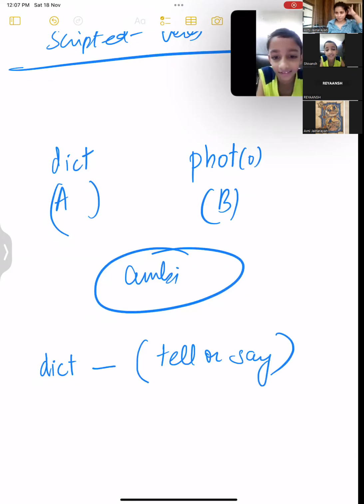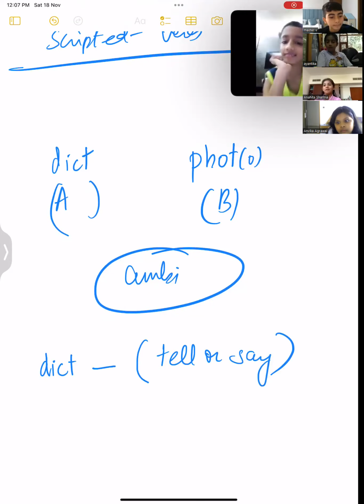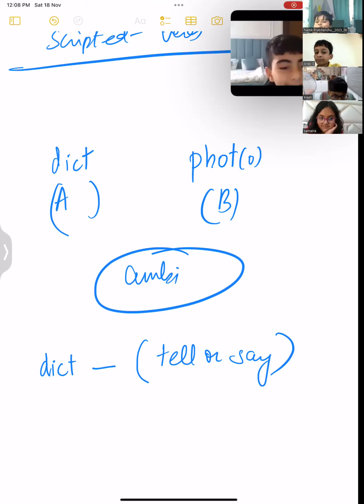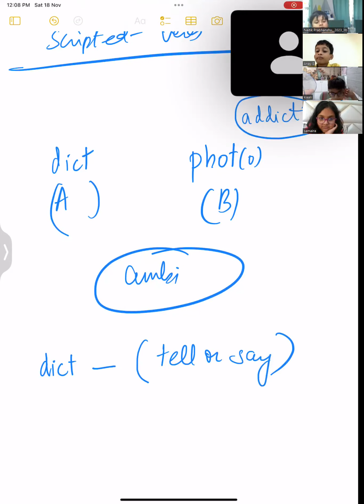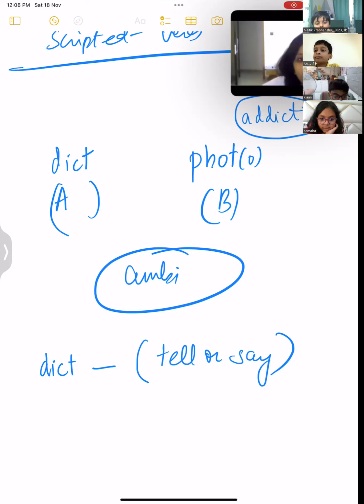Is it easy? I can't see happy faces today because we have decoded. Addict. Predict. An addict is a person who is addicted to something, right? Ma'am, there is a dictation and to dictate. Like my mother is dictating me the answers. So mama is telling you, right? So dict is telling, but addict, no, mother is not telling. Addict is a very different word, okay? Dict may definitely be there, but addict altogether is one word.